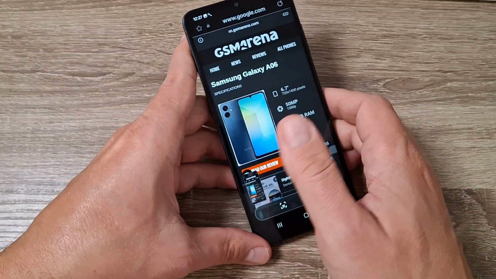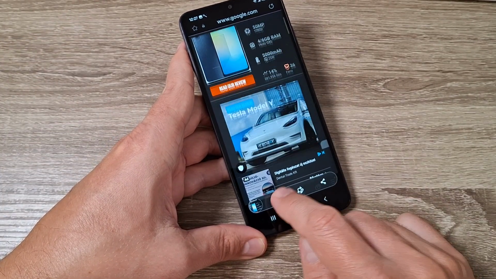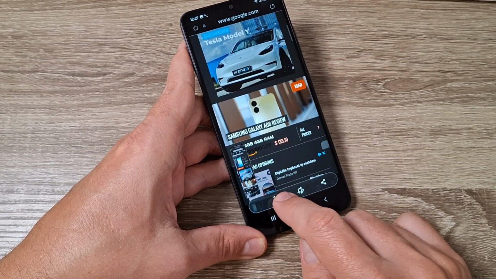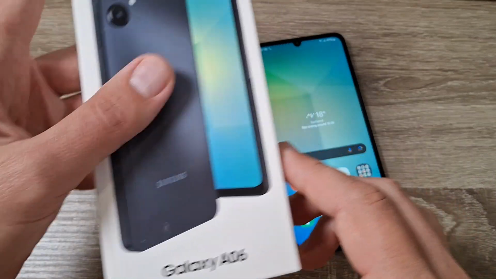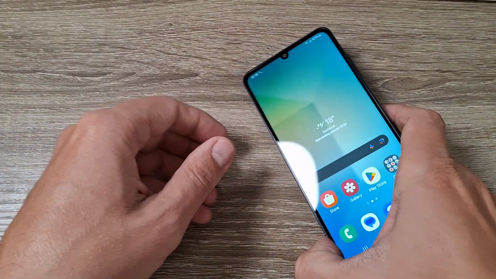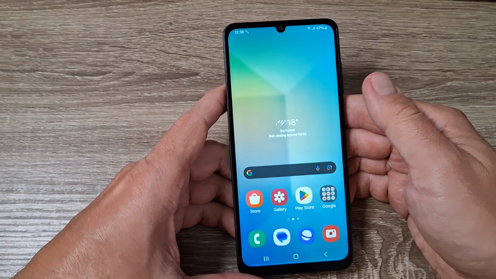In today's video I'm gonna show you how to take a screenshot on Samsung Galaxy A06. So here is my phone, Galaxy A06, and if you want to take a screenshot on this phone we have